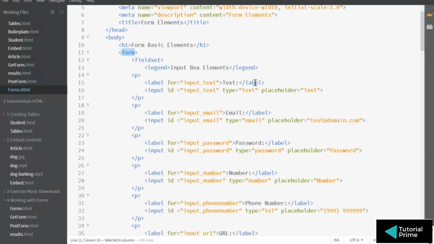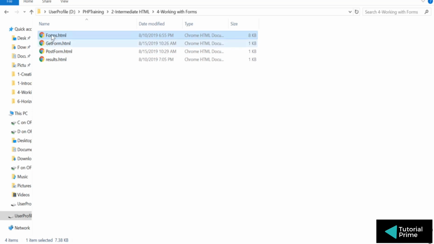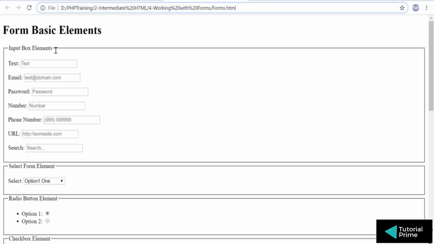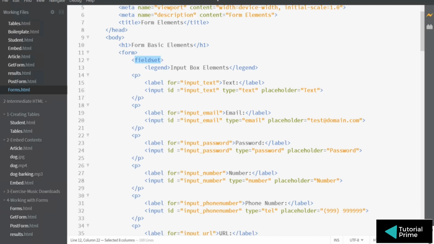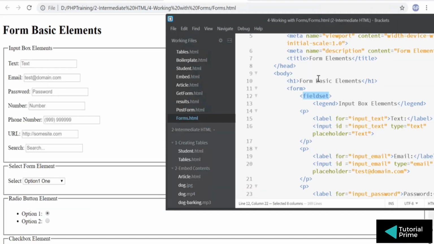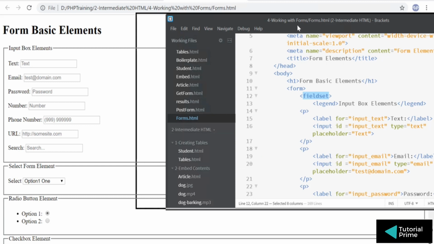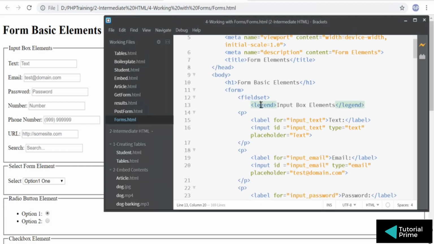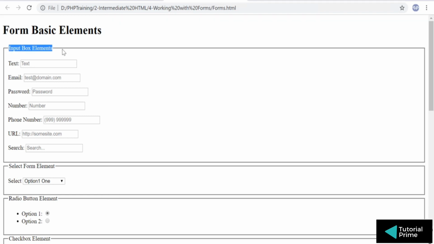Everything you define should be defined under a form. All right, and then there's something called a field set where you can group the fields. If you want to see the output of this, this output is called form field set. You see the line here is basically the grouping of the fields. Let's do a comparison with your code and the output. You want to define a legend, right? For the field set, you will get a legend where you can add some text.